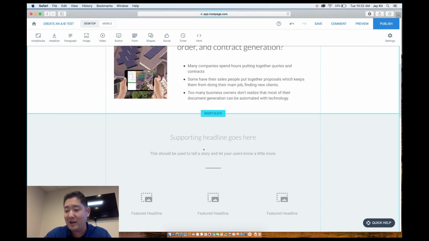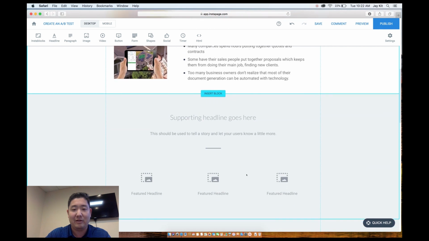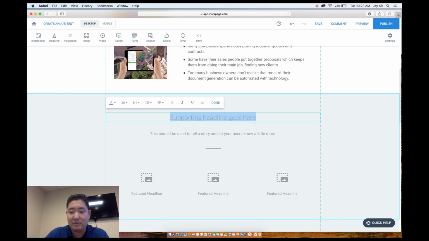So, okay, next section. That's interest. We want to make them interested by having them relate to what we're doing, making sure that they're the right fit. Okay, so here's another headline for desire. Now, desire, we basically want them to know that they're at the right place, and get them to want it. So what can we do? We can put some sort of case study or just what to expect. We'll just put,